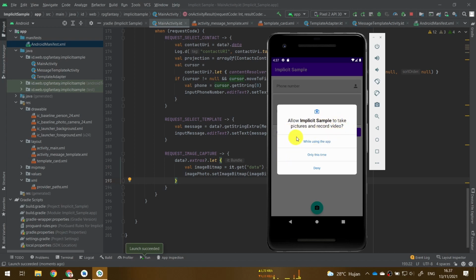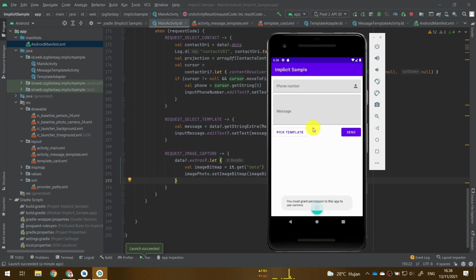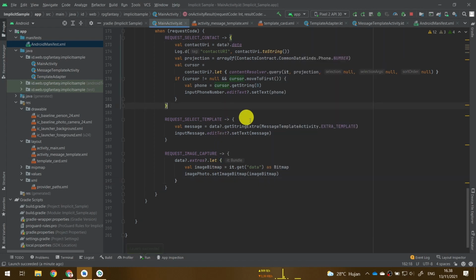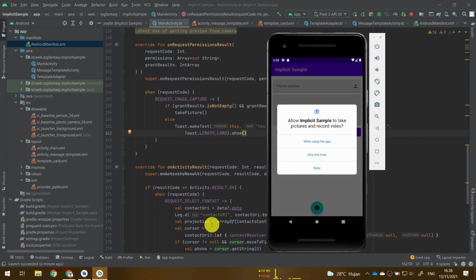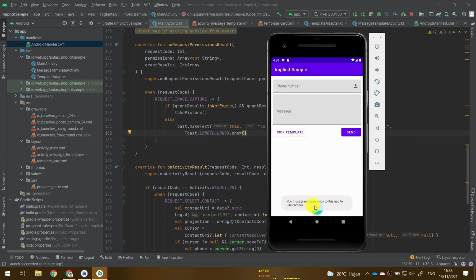I can choose while using the app only, or only this time, or even deny. I will try deny first. If I deny, then I will get the toast: You must grant permission to this app to use camera. If again I click deny, the toast is shown instead.